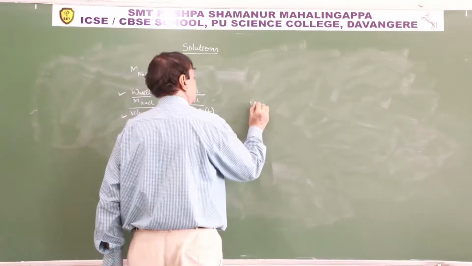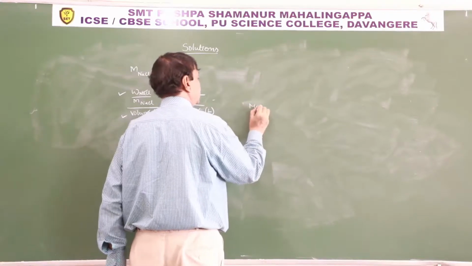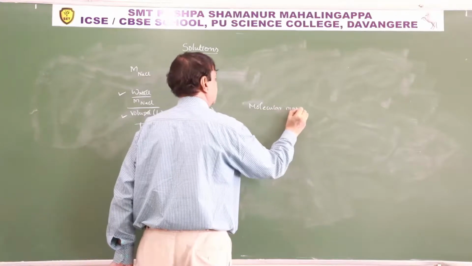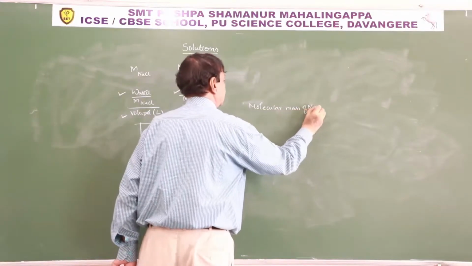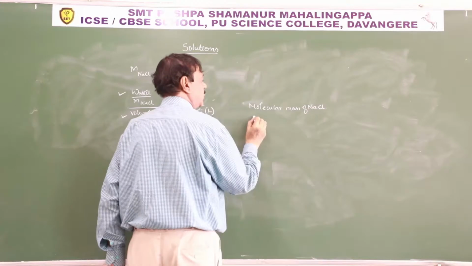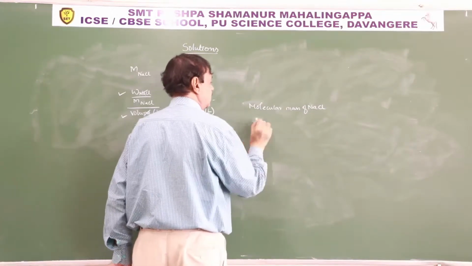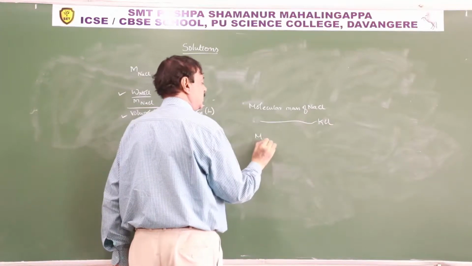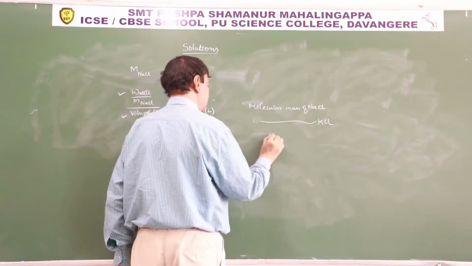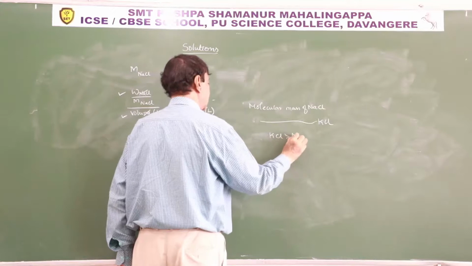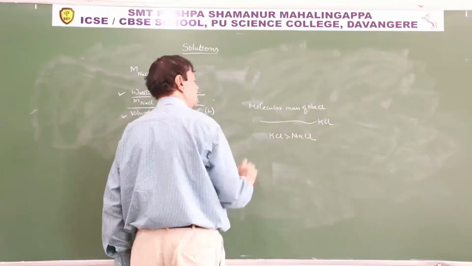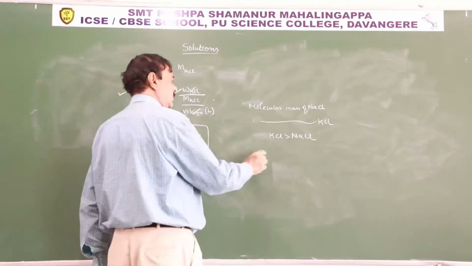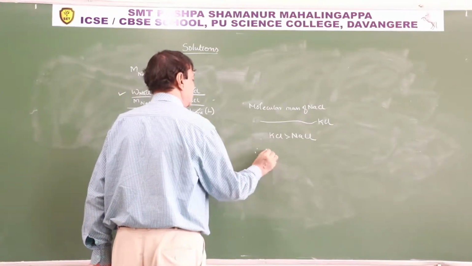Now, considering the molecular mass of sodium chloride and the molecular mass of potassium chloride, the molecular mass of KCl is greater than the molecular mass of NaCl, and hence